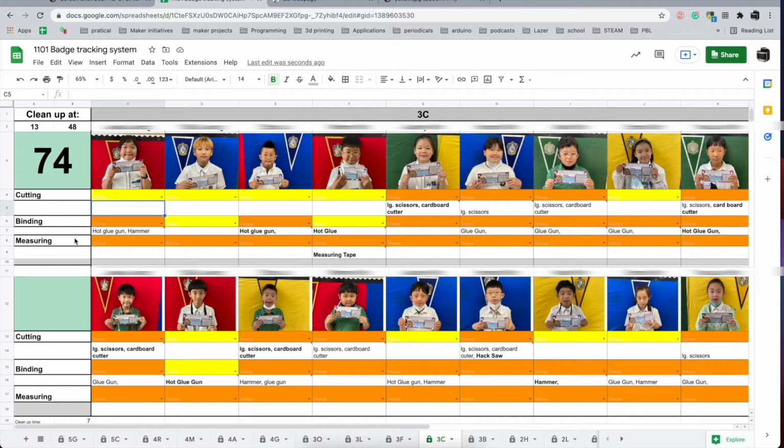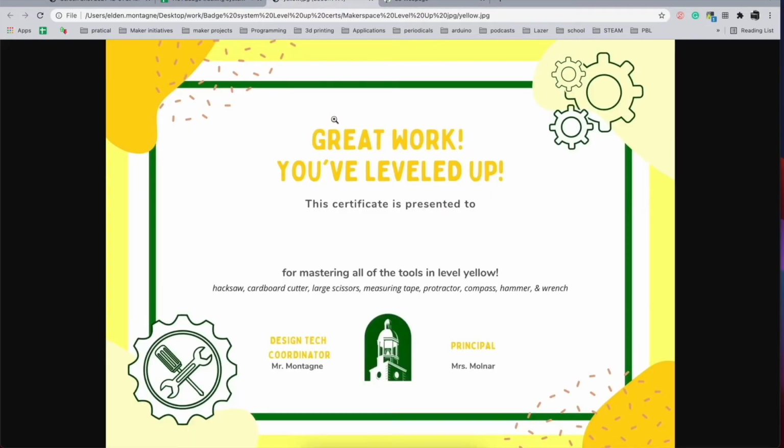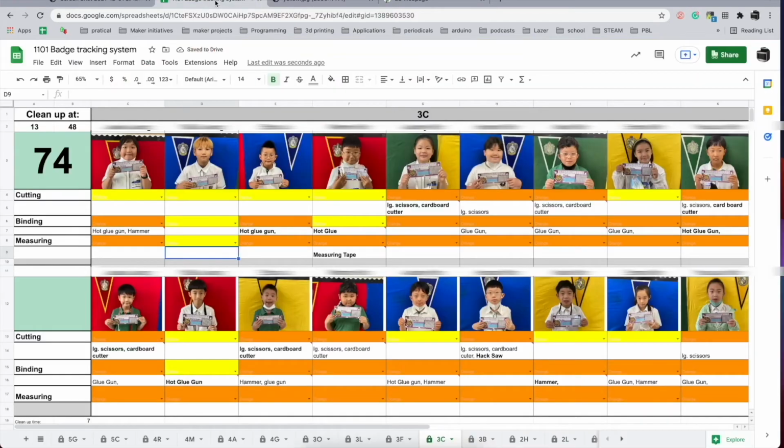And same thing in measuring. If she completes the measuring tape, the protractor, and the compass, then we'll change this also to yellow. When a student gets all yellows, for example, if Yonjin had yellow cutting, yellow binding, and he advanced to yellow measuring, he would have all yellow, and at that point, we would level him up, where he would get a certification in all the yellow tools. And that means when Yonjin comes to class, he doesn't have to ask permission to use those tools during the